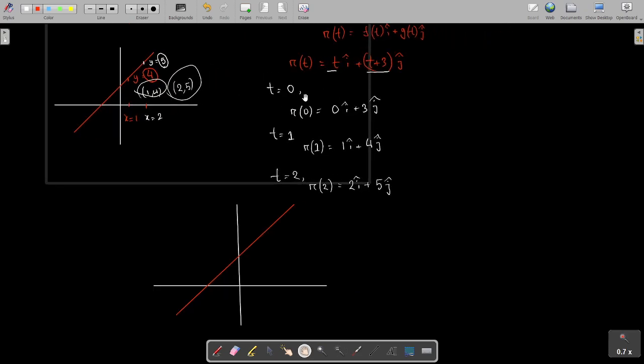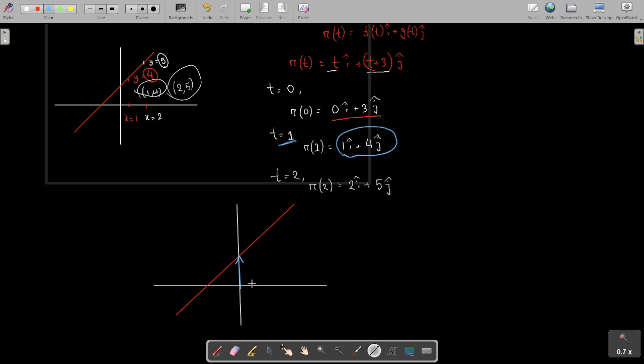If t equal to 0, then we are getting 0 plus 3j. That means this is a vector. If we plot 0 plus 3j, this will look like this. This is our 0 plus 3j vector, right? Now if we put t equal to 1, then we are getting this vector 1i plus 4j, and this